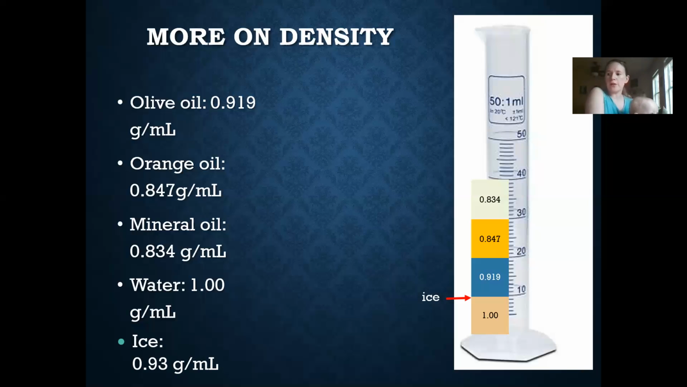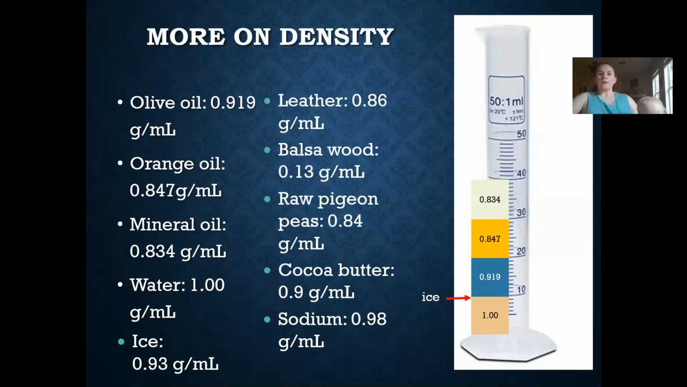So now we're going to throw some solid objects in there, and we're going to see whether they float or sink. Leather is 0.86 grams per milliliter, so where is that going to float? The answer is on top of the olive oil, but under the orange oil, because 0.86 is less than 0.919, but greater than 0.847. The balsa wood is going to float on the very top, because this is 0.13 grams